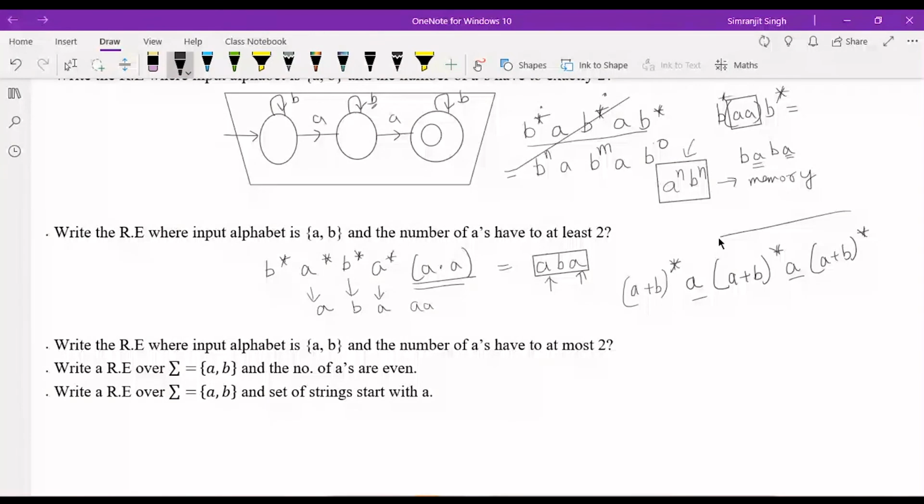Okay, so if you do this, this is also correct, because it is just saying that I do not care about there has to be exactly two A's. Okay, so the two A's condition is satisfied. After it any number of A's and B's can come, before it any number of A's and B's can come. I don't think anything is wrong with it, so I think that is also the correct regular expression. Okay, there are so many regular expressions, just let me try one or two.